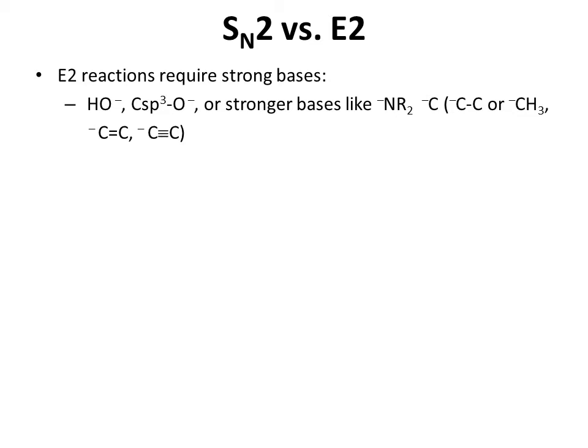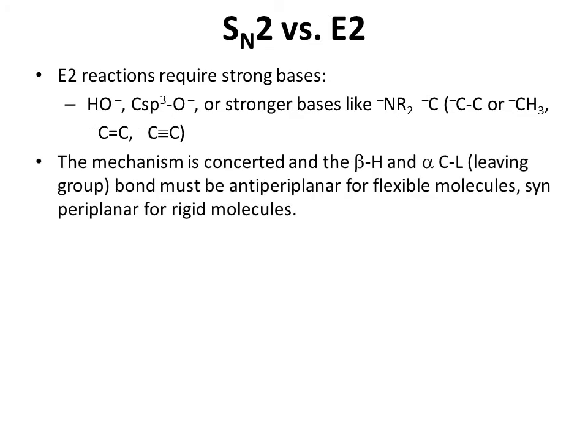carbon is negatively charged and is either an alkane like C single bond C minus, or CH3 minus, an alkenyl anion such as C double bond C minus, or alkynyl anion such as C triple bond C minus. The mechanism is concerted. Okay, everything happens at once, and the beta hydrogen and the alpha C-L bond, that is the bond between the alpha carbon and the leaving group, must be